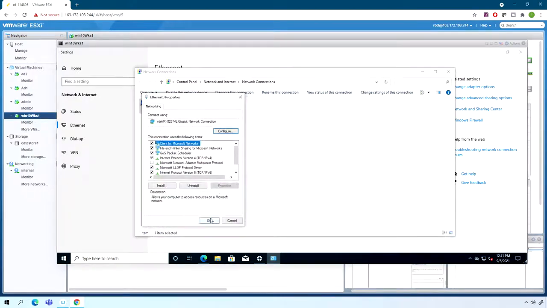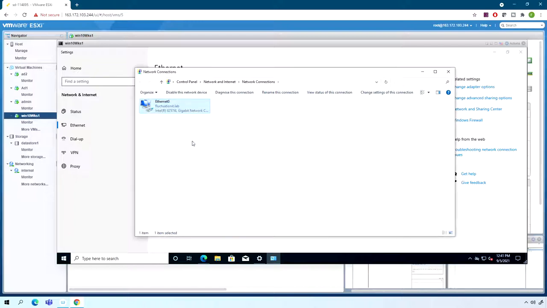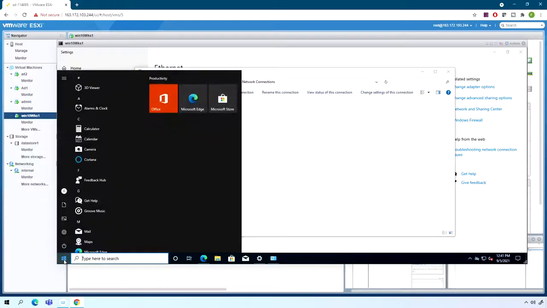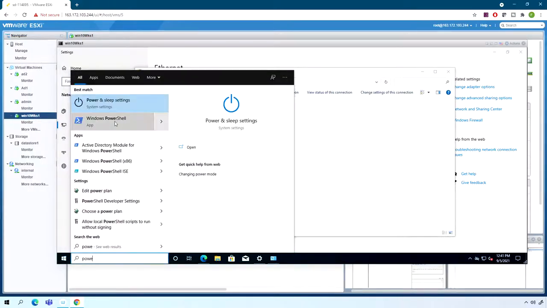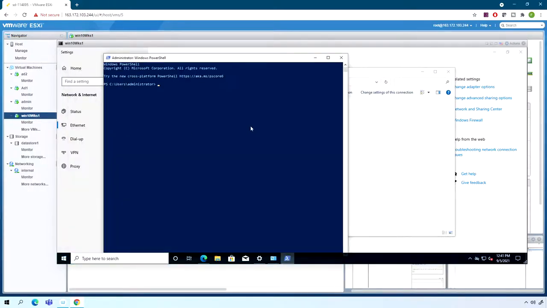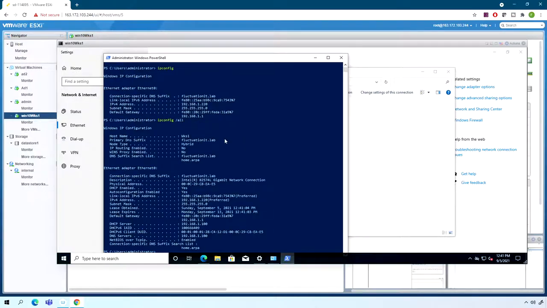Okay, cool. So now I see fluctuationality.lab. This is good news. And if I go on my PowerShell and I type ipconfig, I see that I have my address here, so it's 220, and if I do /all, I can see that I have my DHCP server here. So where is it? This one. Okay, so that's good. So now we can go back to my admin